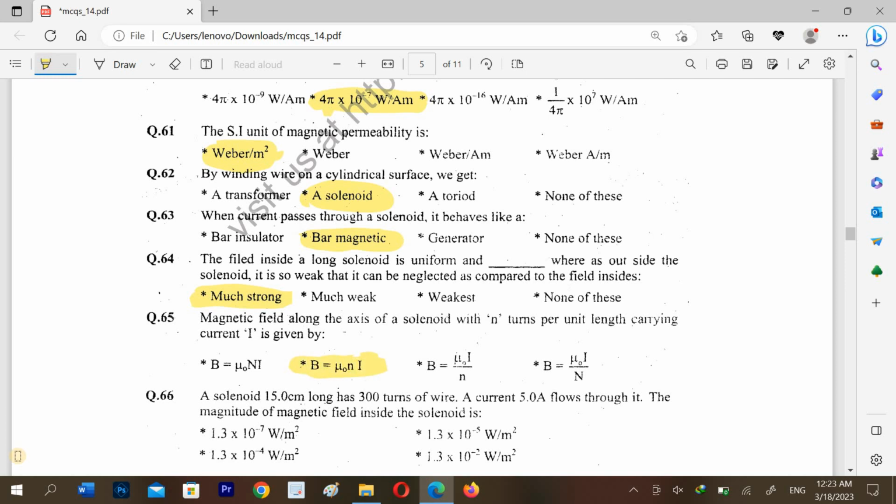A solenoid 15.0 cm long has 300 turns of wire. A current of 5.0 A flows through it. The magnitude of the magnetic field inside the solenoid is